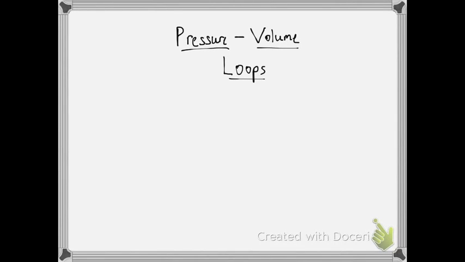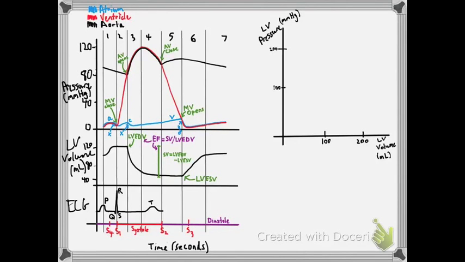This presentation is an introduction to pressure volume loops and the important physiological principles that go along with constructing these diagrams. Let's direct our attention back to a Wiggers diagram for a normal cardiac cycle, and what we're going to do